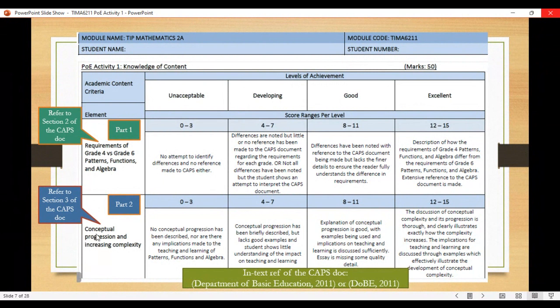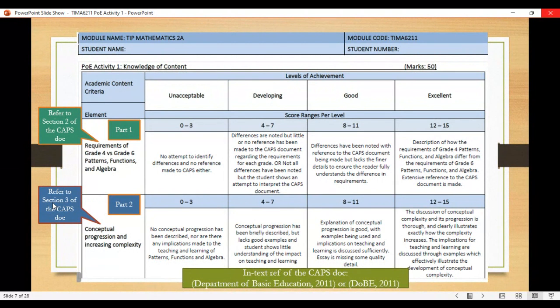Then you need to describe the conceptual progression of this content area, patterns, functions, and algebra, meaning how is grade 6 more difficult than grade 4? For this, you would need section 3 of the CAPS document.